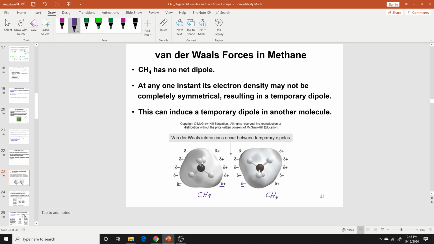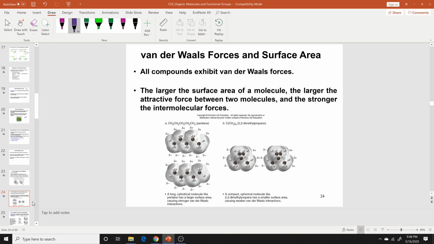If you have a partial positive dipole here, then same charges normally repel each other. So this is basically what van der Waals forces are. Normally all compounds exhibit van der Waals forces, not just nonpolar compounds. All compounds that have carbons and hydrogens have van der Waals forces. The rule is the larger the surface area of the molecule, the larger the attractive forces between the molecules, because